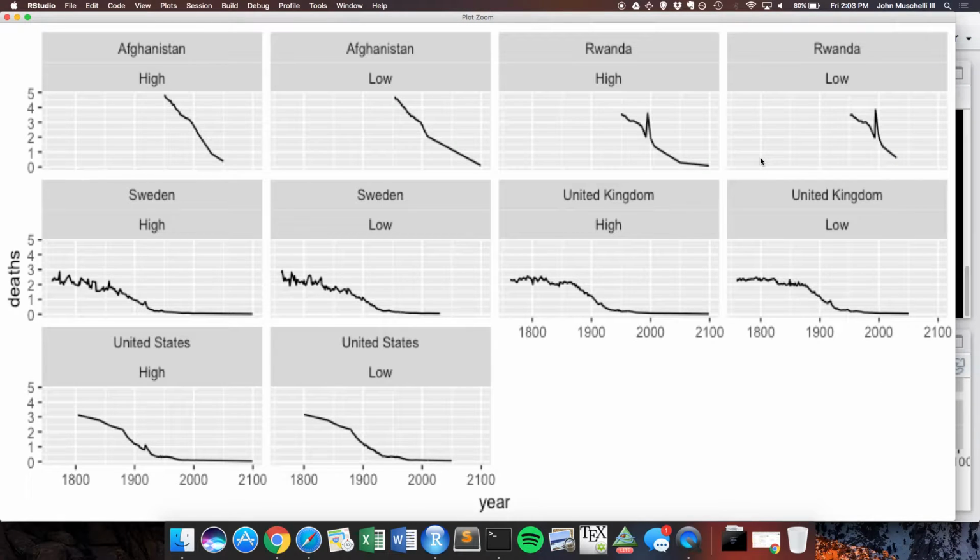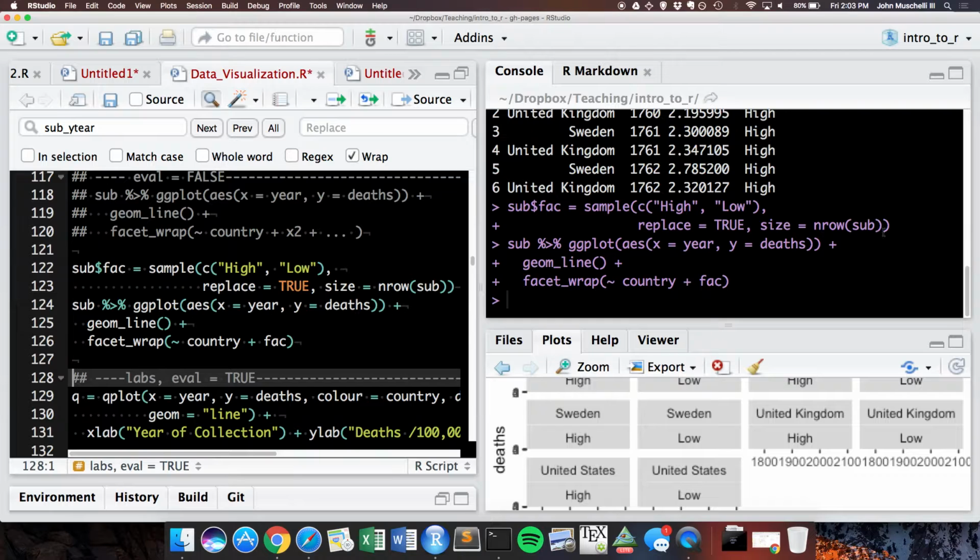Okay. So let's say there was another variable. This was a low year or a high year. Let's say cholera was big that year, right? I'm working with this project with cholera. So we have Afghanistan, a high year. This is what the trajectory looks like. Afghanistan for the low years, Rwanda for the high years, Rwanda for the low years. There are differences between these two, although they look very similar. So that now does all combinations of the observed data, right? Country and high-low, and